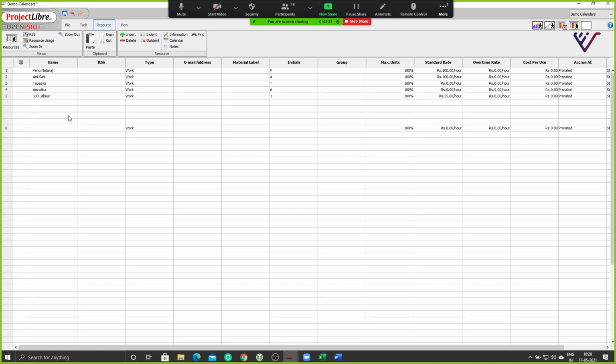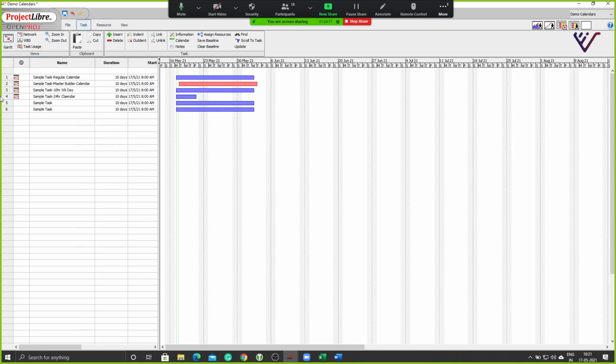We'll keep it for next class, because I have to show you how you can make a person, a work type or a material type. So material can also be a resource. You also have cash resource, and you also have machinery. Machinery will be calculated differently here. So let me just show this on the chart itself.